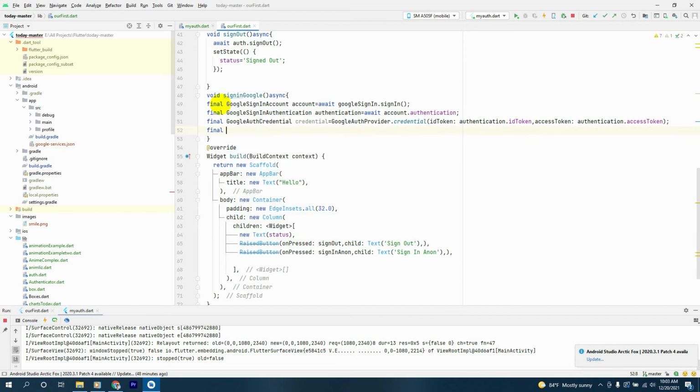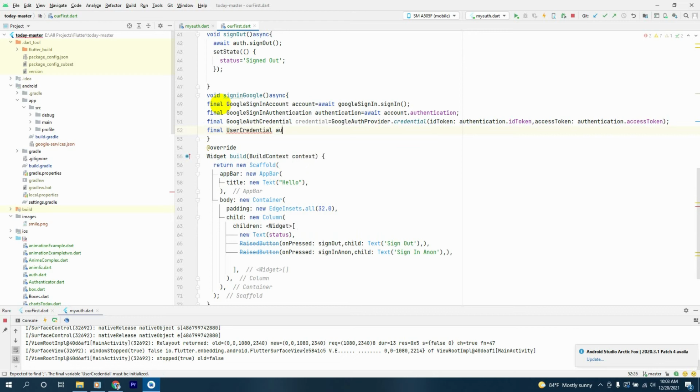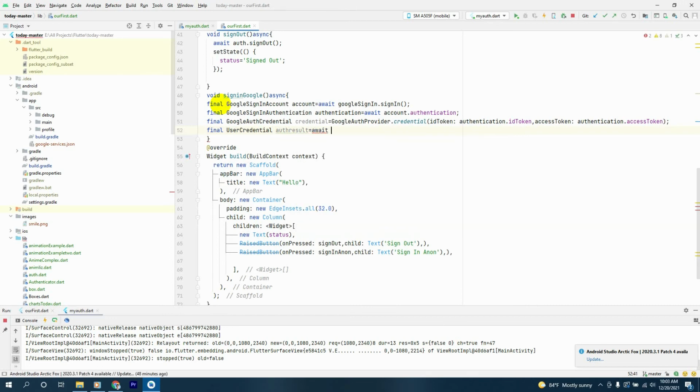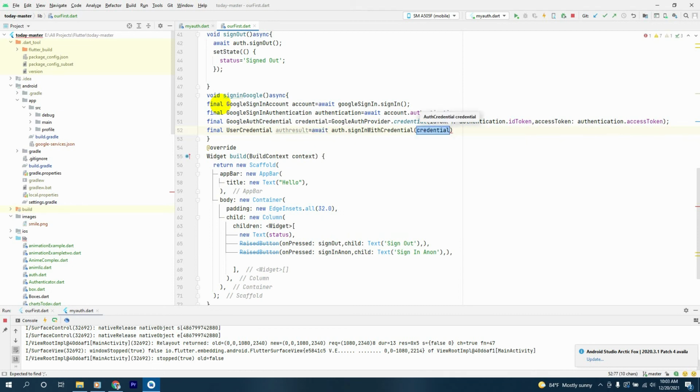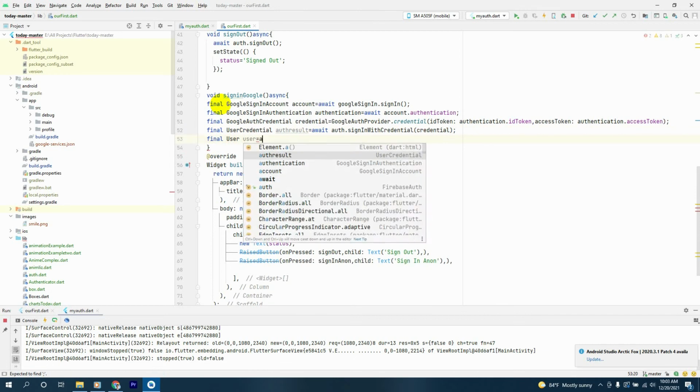next thing we'll make a final user credential called auth result and make it equal to await auth dot sign in with credential, and we provide the credential to it like this. Next we'll make a final user called user, which will be equal to auth result dot user,